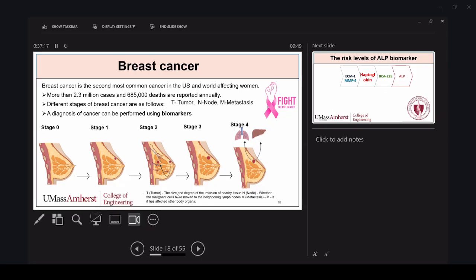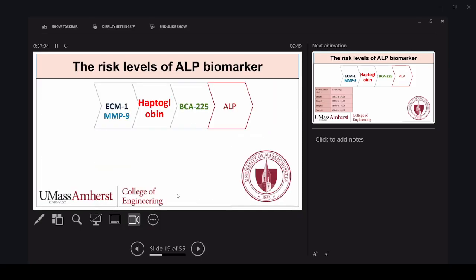So if we detect or predict at the early stage, like stage 1 or stage 0, there is a chance to save that patient, even at stage 2 and 3, but with rigorous treatment like chemotherapy and so many things. Okay. Yeah. So as I mentioned before, there are different biomarkers that can be used like ECM1, MMP9,